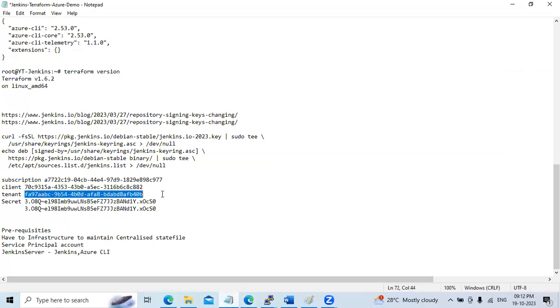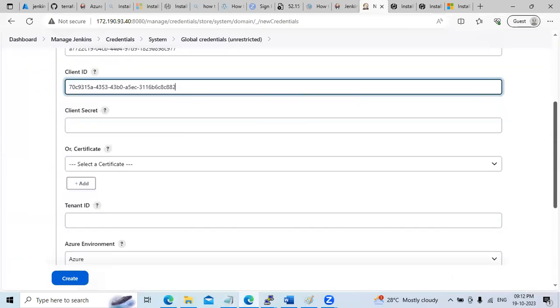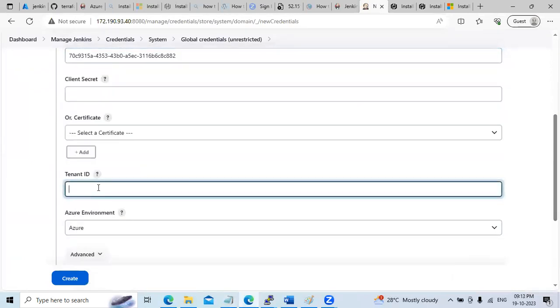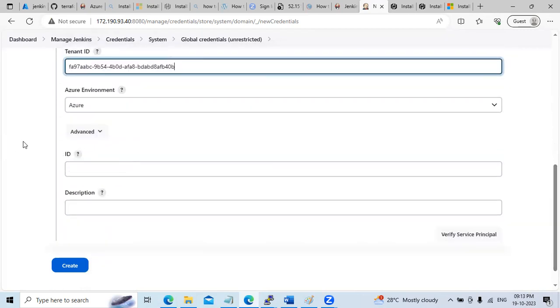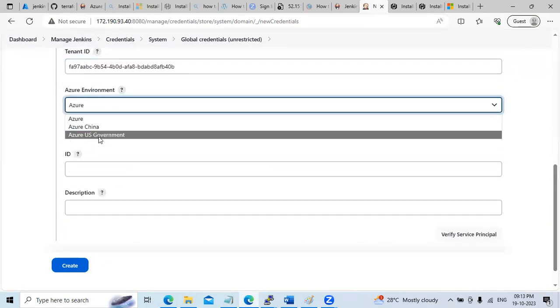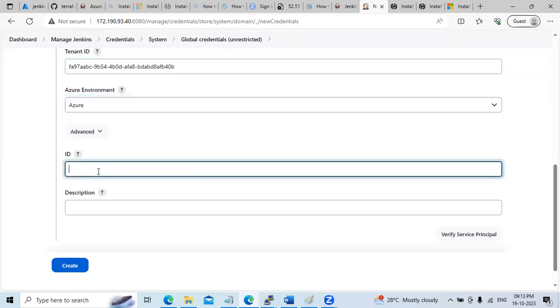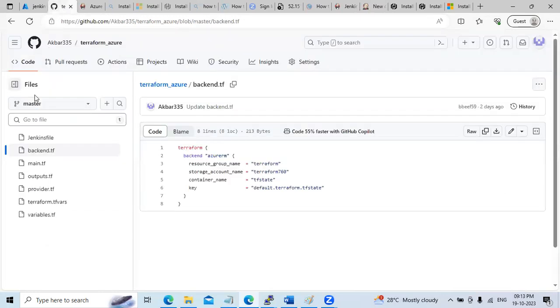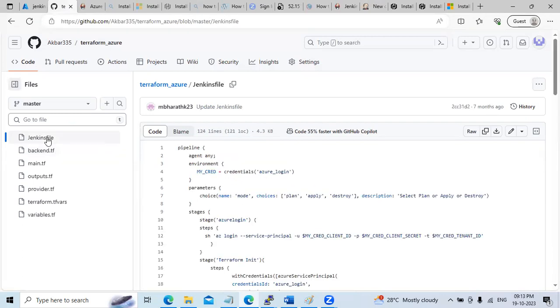What is my tenant? This is my tenant. And this could be Azure. See, Azure China, Azure government. Okay. What is the ID? As per my code, if you look at the backend Jenkinsfile, Azure login, this is the one I'm going to use because